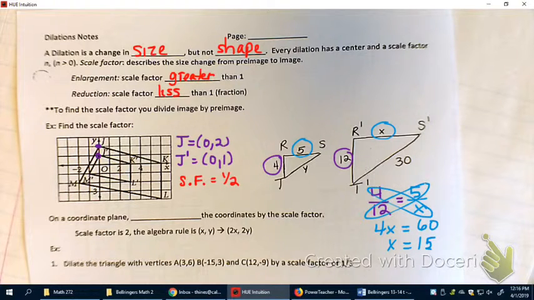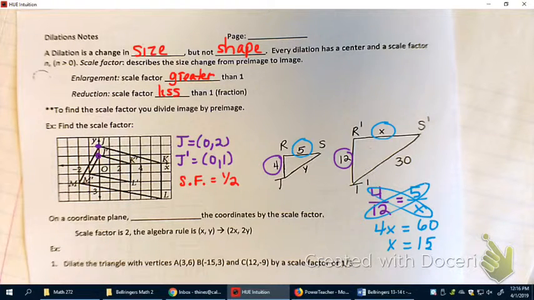Sometimes when finding the scale factor is like a fraction or a decimal or something, that way might be easier because it's hard to figure out what that scale factor is. Okay? So I just wanted you to see that just in case you thought that way was better. We will be doing some problems that way later. Okay,